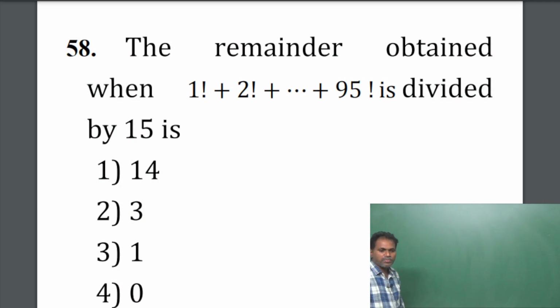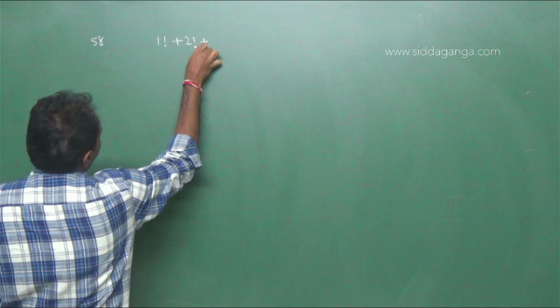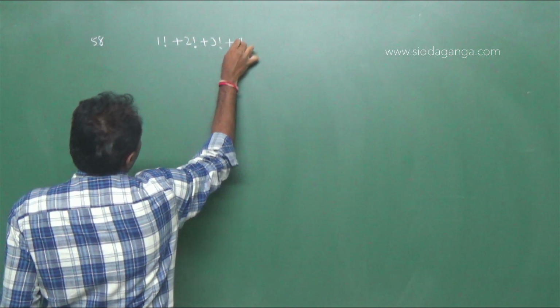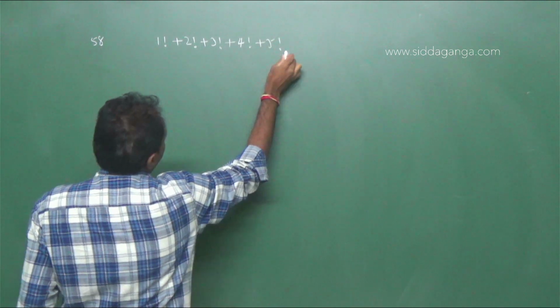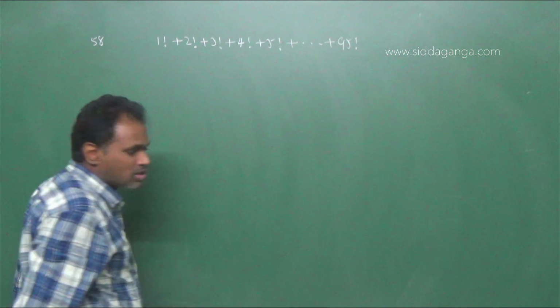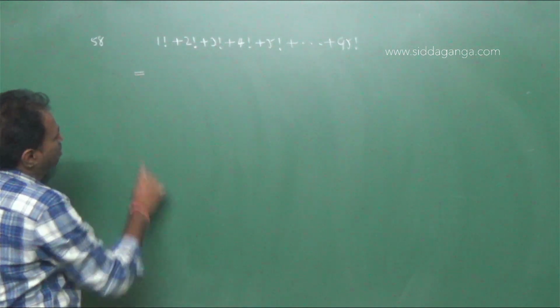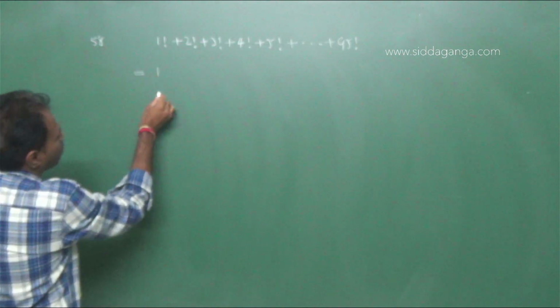Next, the remainder obtained when 1 factorial plus 2 factorial plus up to 95 factorial is divided by 15 is. Now, here given: 1 factorial plus 2 factorial plus 3 factorial plus 4 factorial plus 5 factorial plus up to 95 factorial. If we observe this expansion, 1 factorial means 1, 2 factorial means 2,